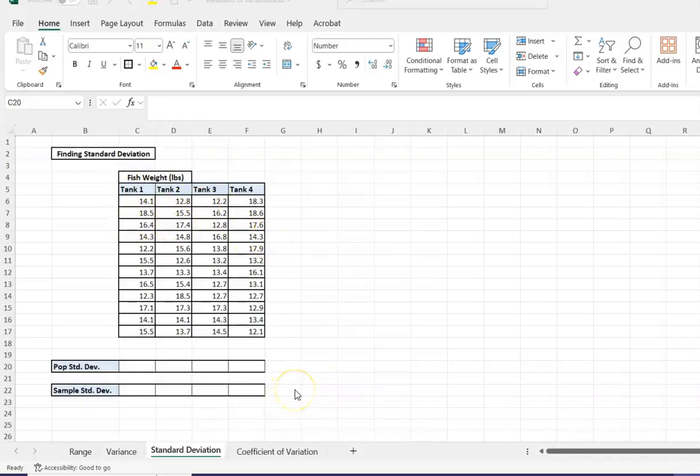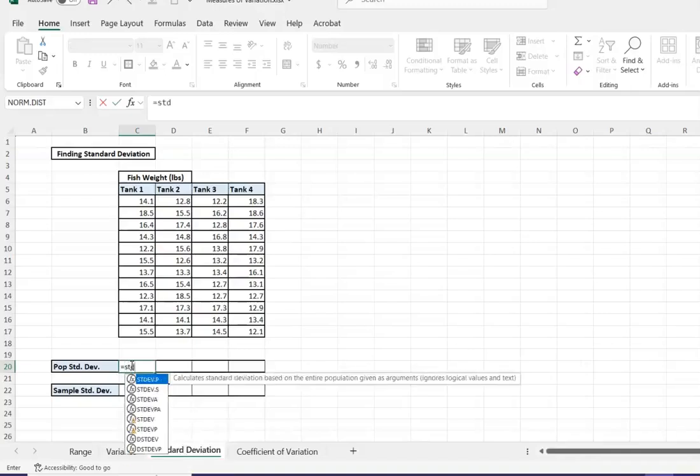So let's start off by finding the population standard deviation for the values in tank 1. So I'm going to click into the cell that I want my population standard deviation to appear in. I'm going to type an equals and then the name of the function for standard deviation. The Excel function is stdev,